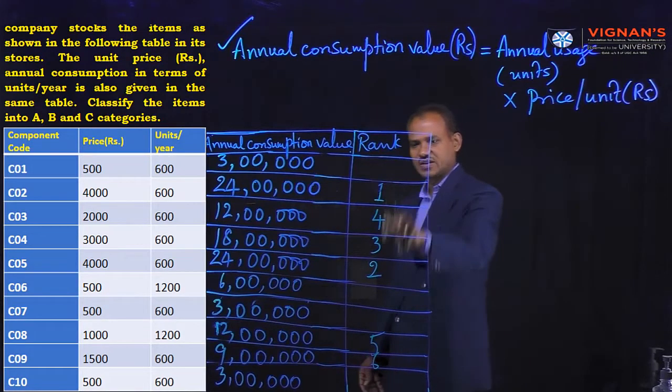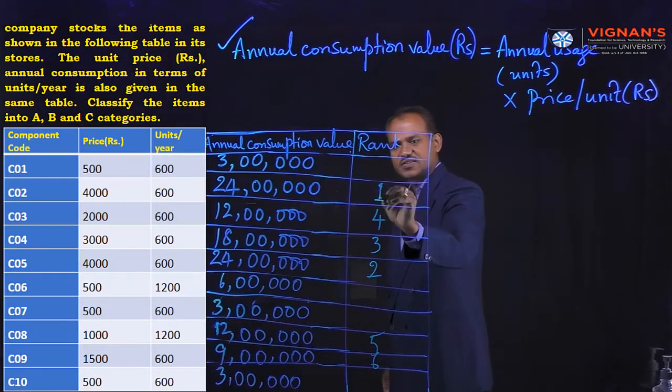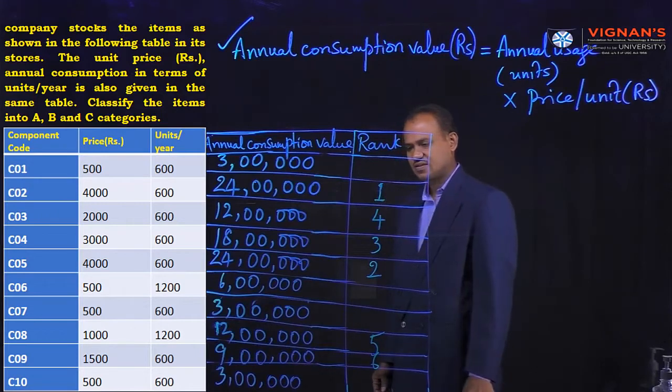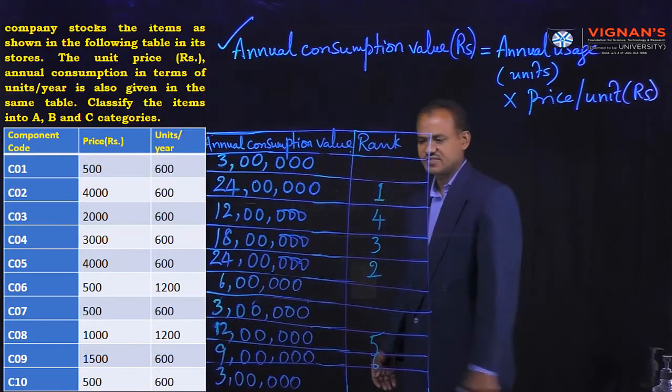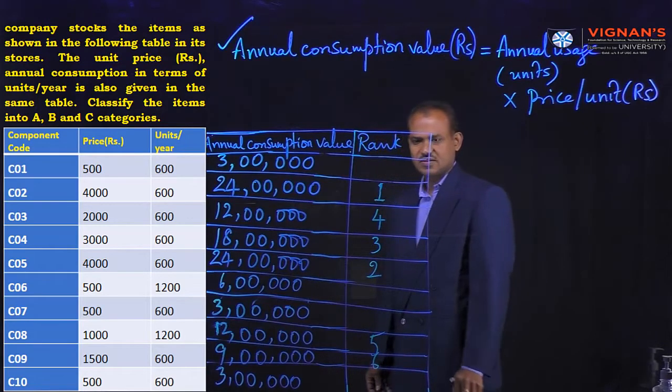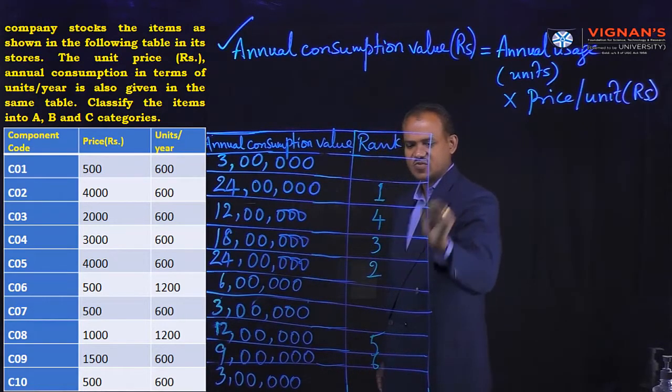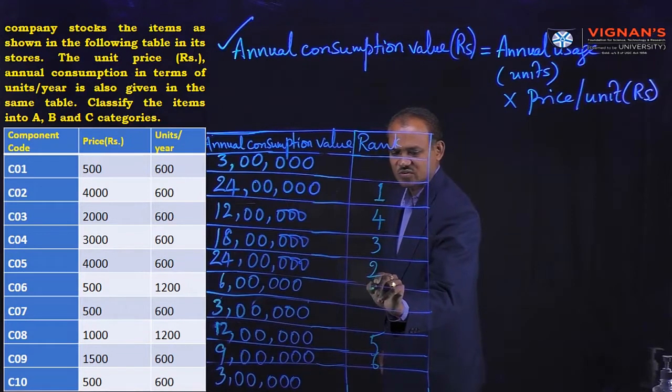Okay, we have given 6 ranks. Next minimum is 6 lakhs. 6 lakhs here. Next rank 6 is over. Next, 7th rank is going to be given